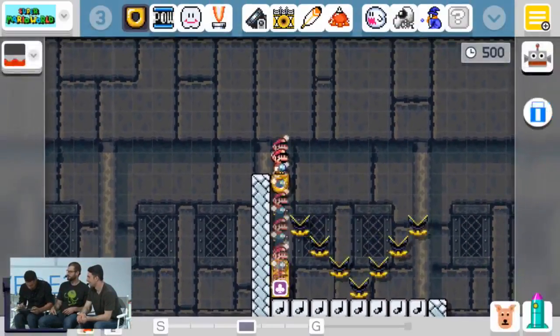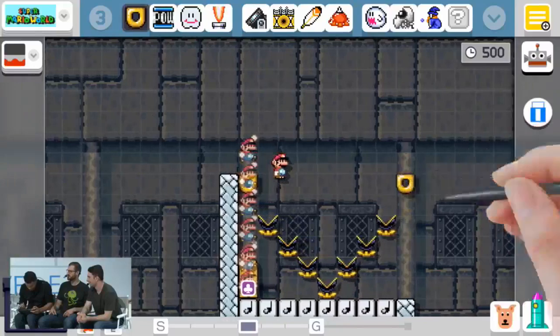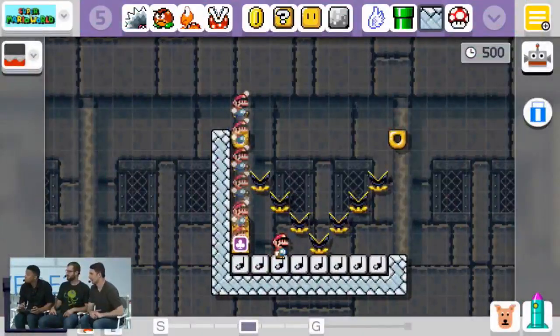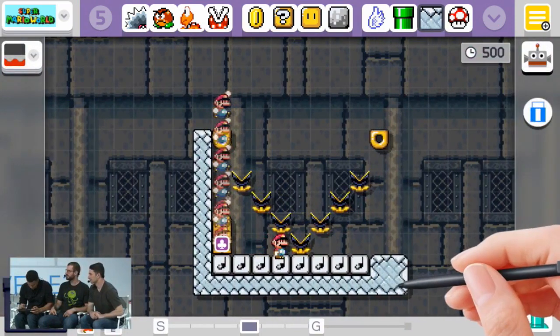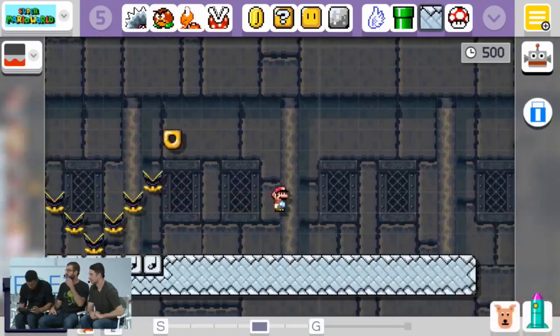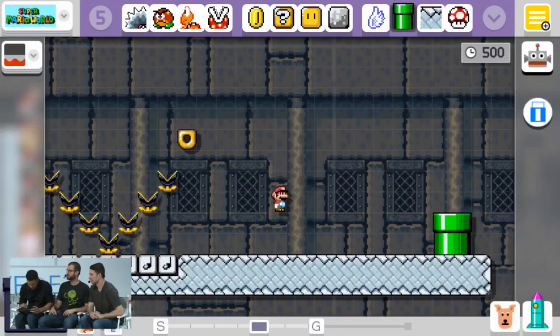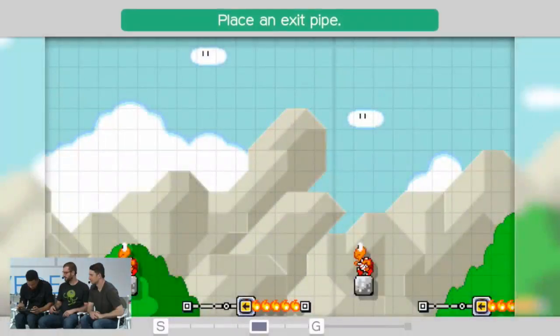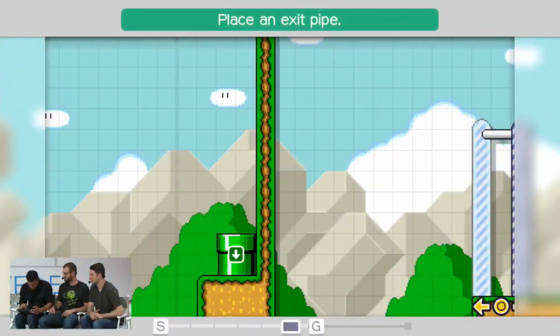I'm going to give him one of these and another one on the other side. That doesn't look good. Yeah, I think. All right. So that's probably going to be the end of this. Yeah, we'll throw the exit pipe there at the end, another one of these in. And I just take Mario, drop him right into there. I'll go ahead and finish up the top. Let me plop it out